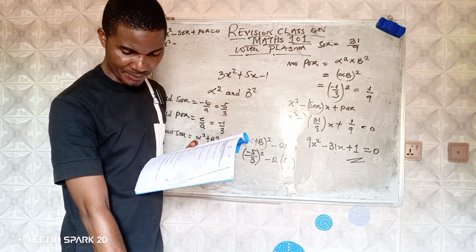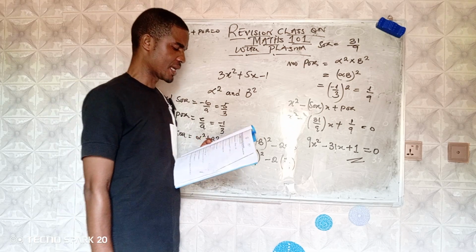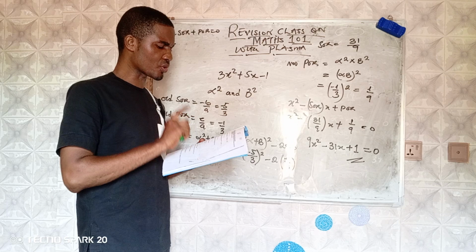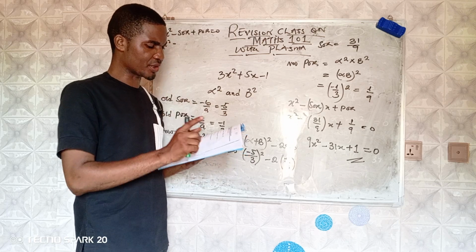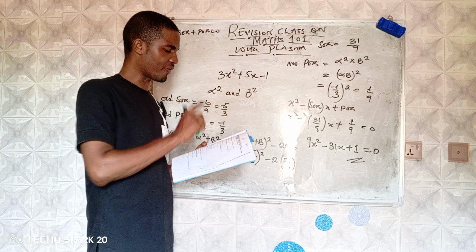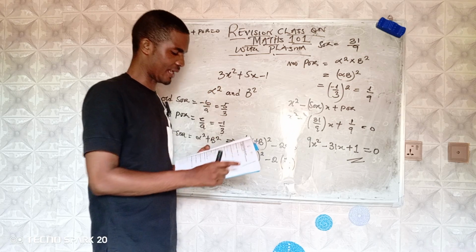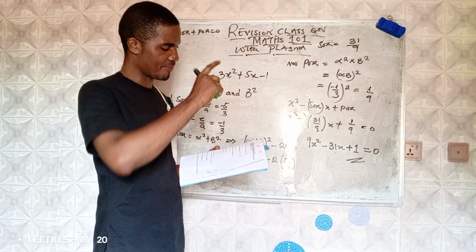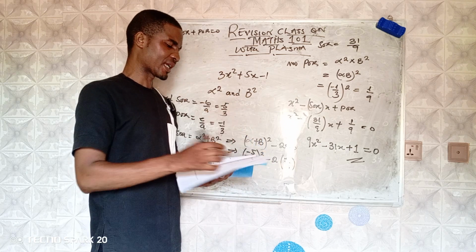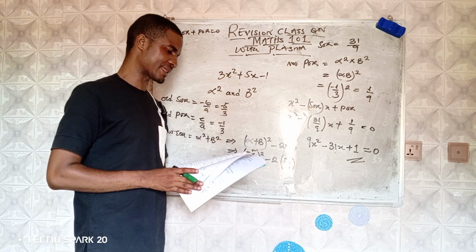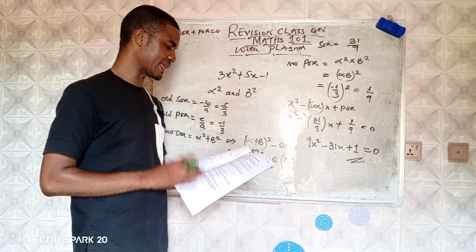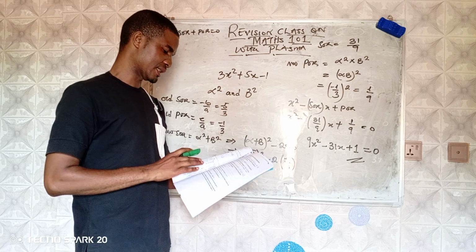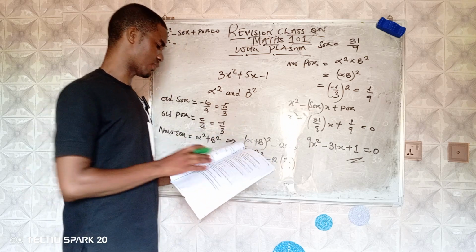Then the next question I'm seeing here is question 3. If alpha and beta are roots of this index equation, find the value of alpha plus beta. Okay, if we are to find that, I think that was solved properly in the past question, section B. Question number